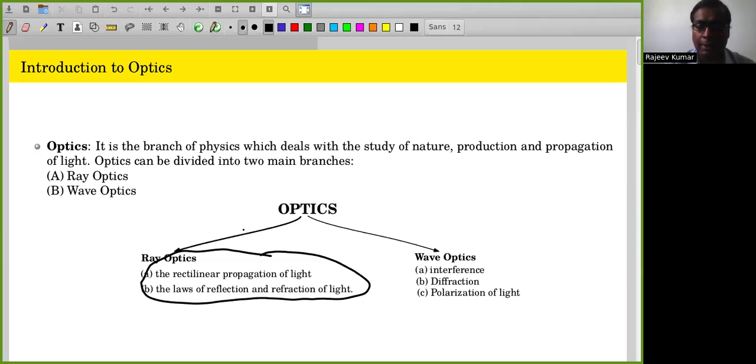reflection and refraction. So in case of reflection and refraction, we are more concerned with how light is propagating towards a material and how it is getting transmitted or reflected. Now, in wave optics, generally the physical phenomena like interference, diffraction, and polarization properties are explained. Now, coming towards the ray optics part, we are seeking the